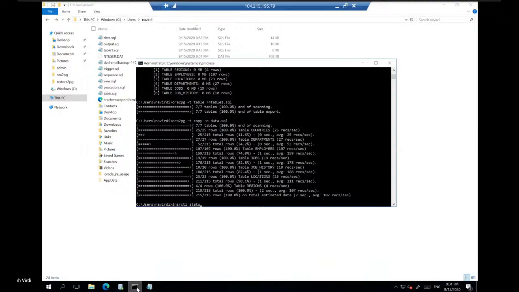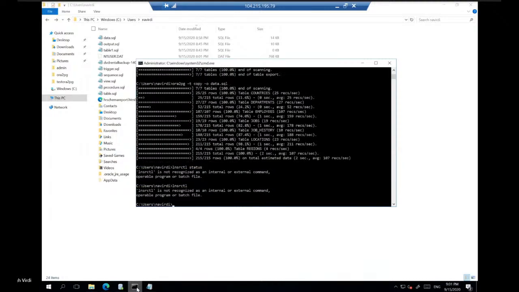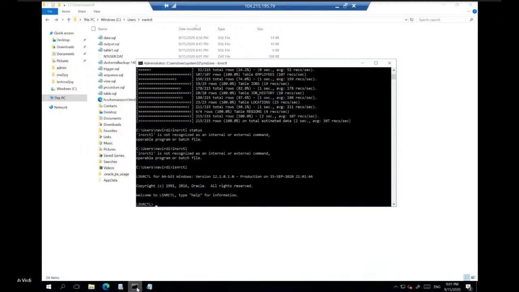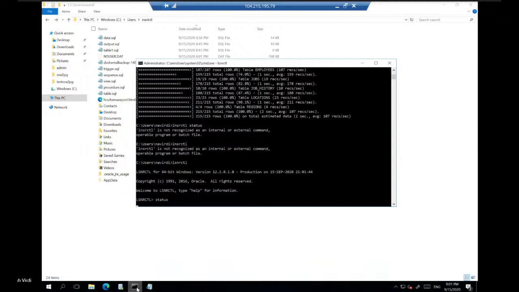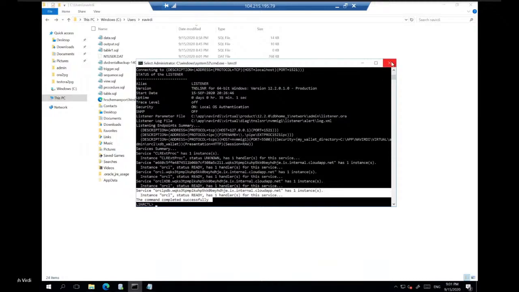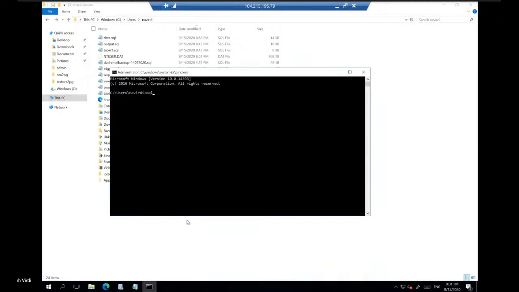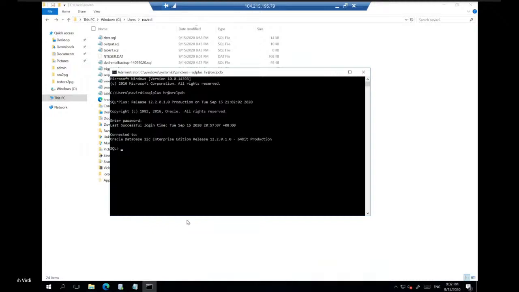So you can do this, listener, okay, sorry. And then you can check the status of your listener, whether it is up or not. So the listener is up. And in fact, from a command prompt, I can connect to this HR at over CLPDB and provide the HR password. Okay, I can connect here also.